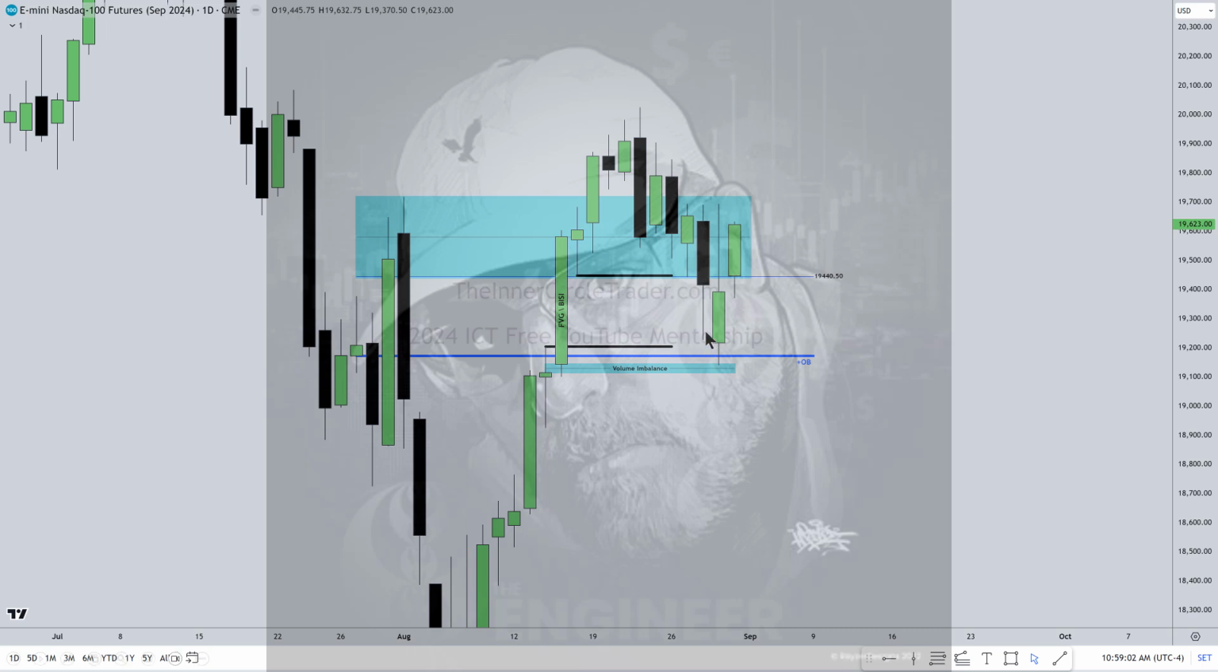And then sell side delivery, where price is offered to the downside to a previous imbalance and inefficient level, which is defined by the single candle right here. That is the high of the BISI. This is the low of the BISI. It trades down to it, to the order block. And how far can it go beyond